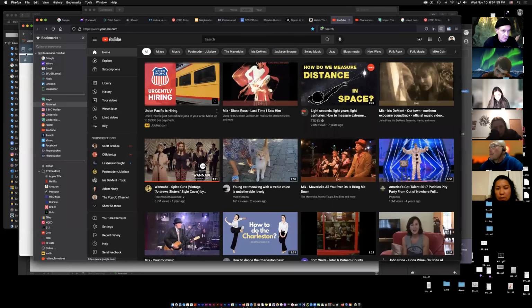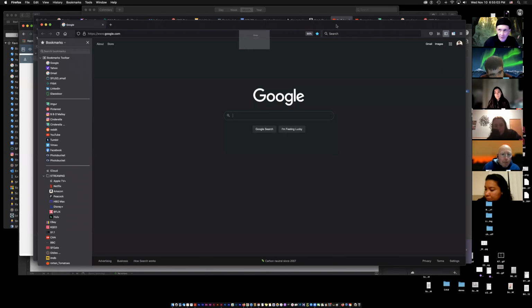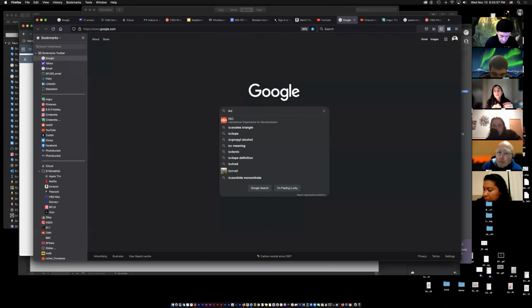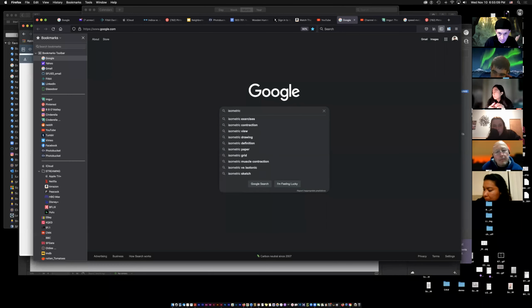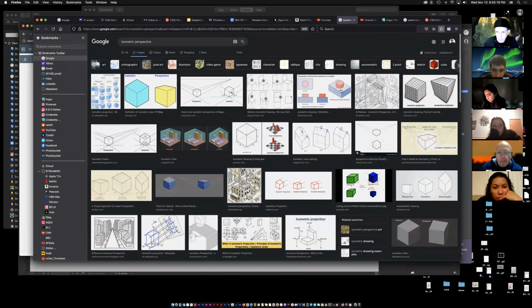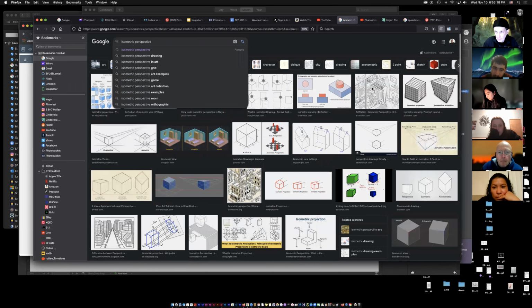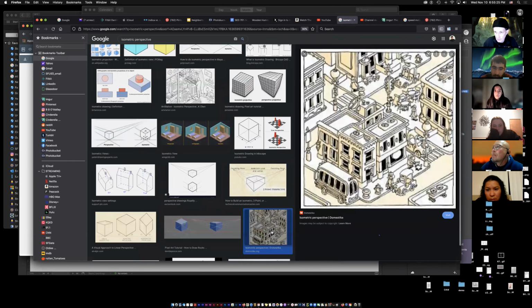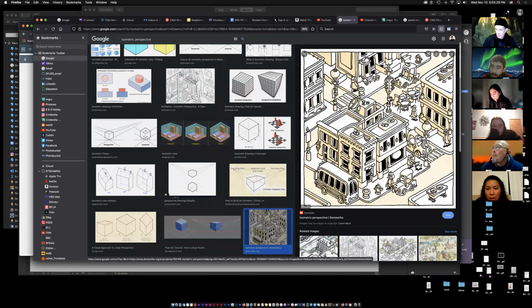Isometric perspective looks like this. So isometric perspective is where there's really no vanishing points. Everything is parallel. Richard Scarry used it almost exclusively